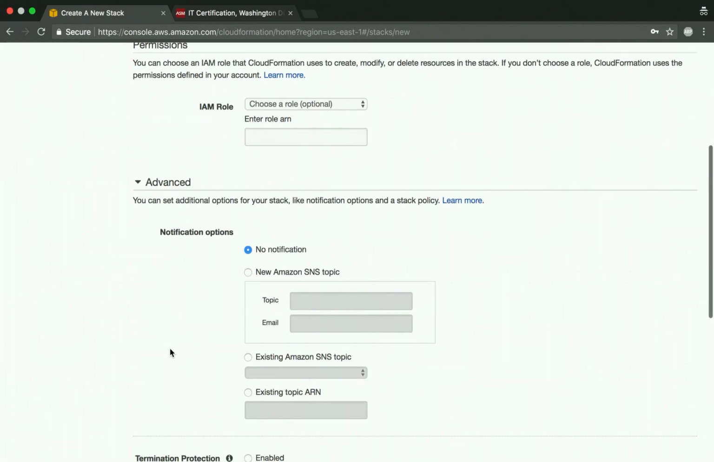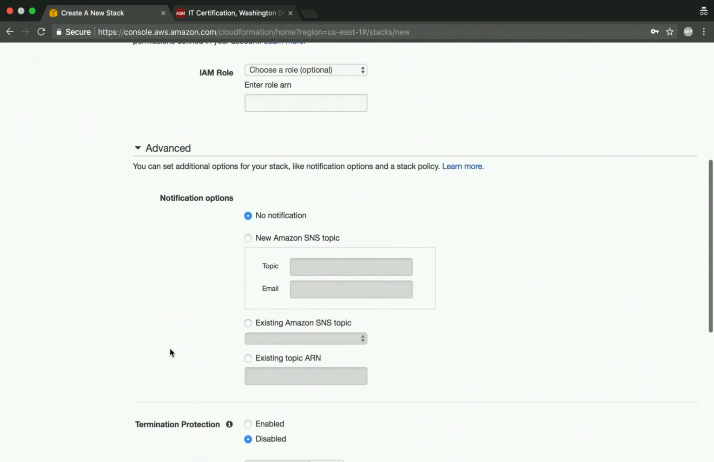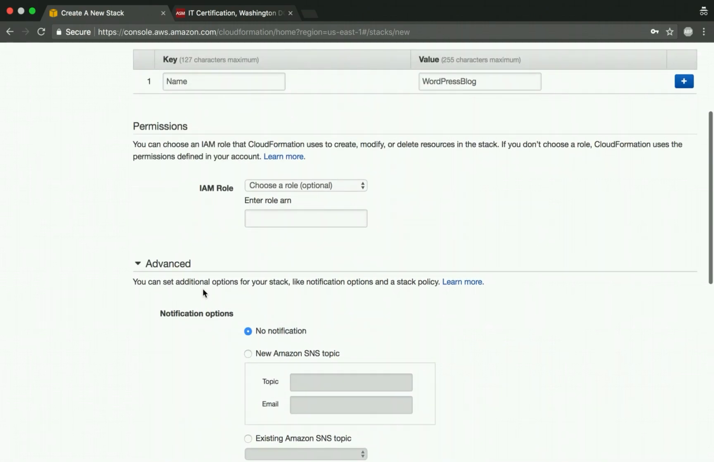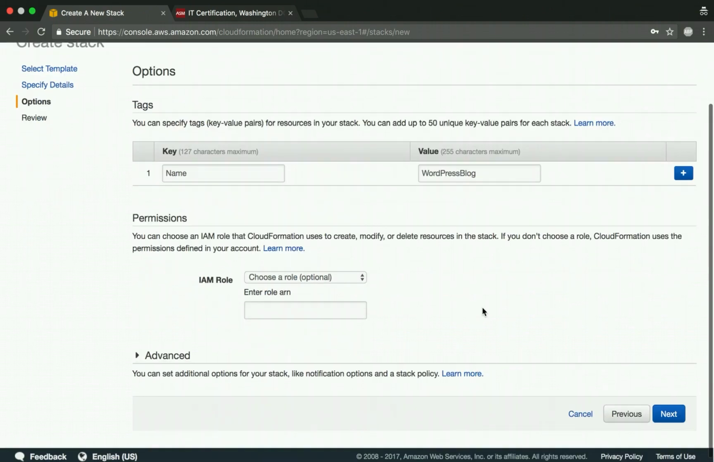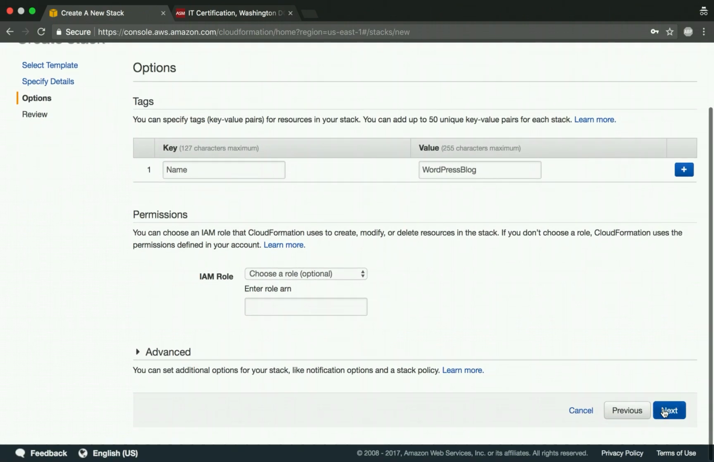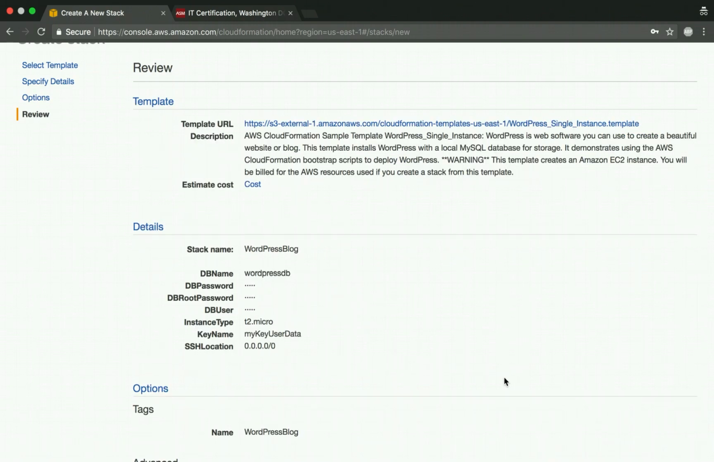In advance, you get to choose things like notifications. We don't want that. We want a simple WordPress blog for now. So let's click on next. Okay, so